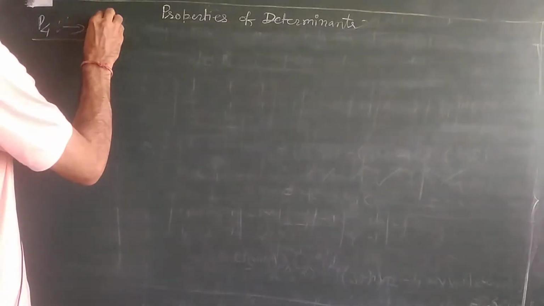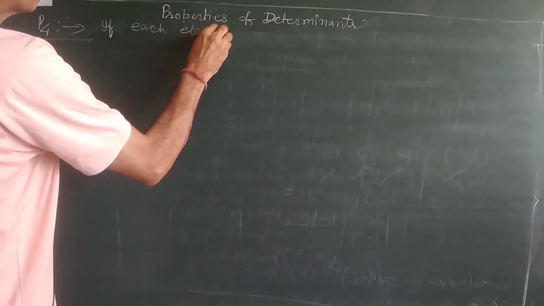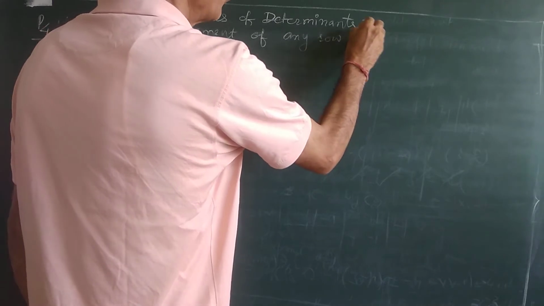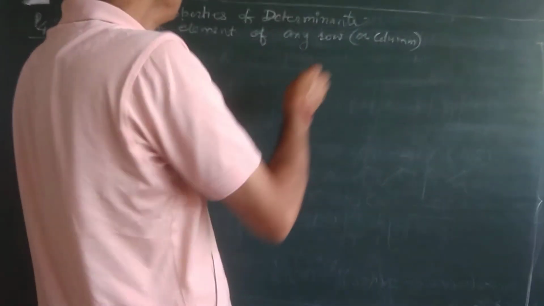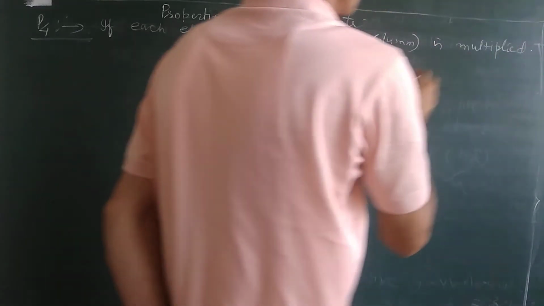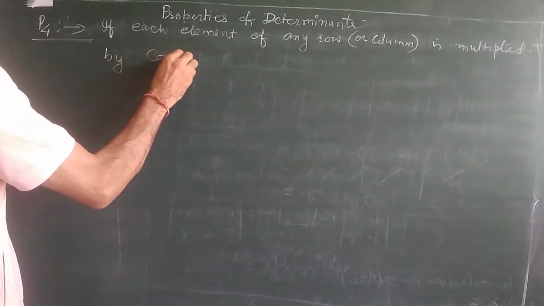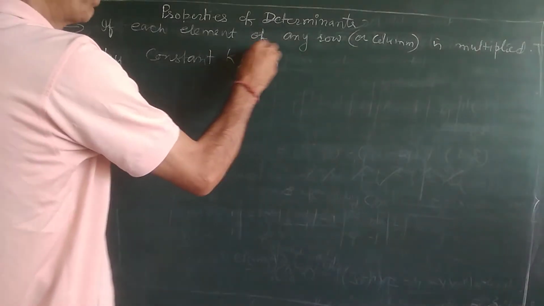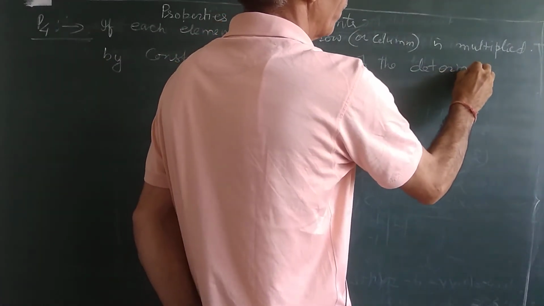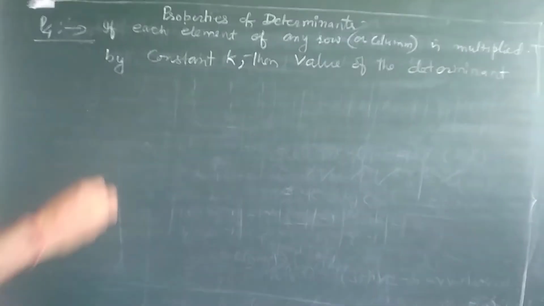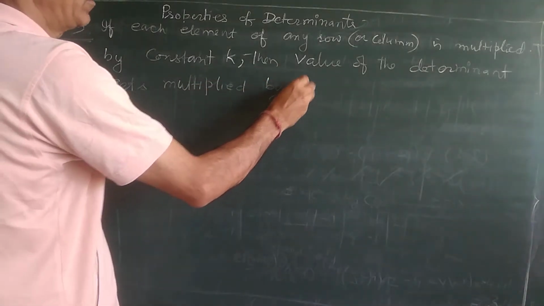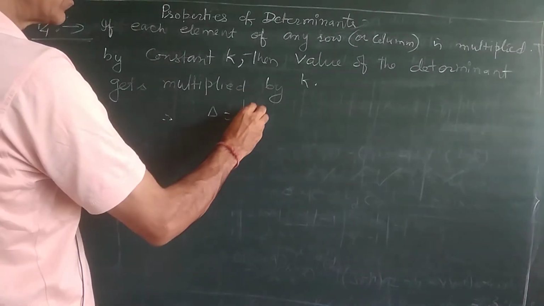Now property number 4 is: if each element of any row or column is multiplied by a constant k, then the value of the determinant gets multiplied by k. That is, if delta is, say,